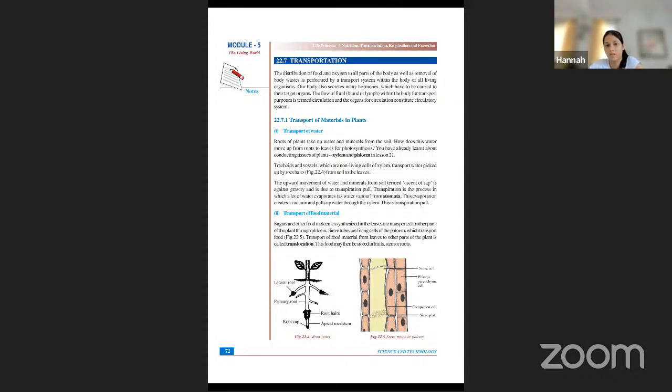Transport of materials in plants, transport of water. Roots of plants take up water and minerals from the soil. How does this water move from roots to leaves for photosynthesis? We have already learned about the connecting tissues of plants, xylem and phloem, in lesson 28. Tracheids and vessels, which are non-living cells of xylem, transport water picked up by roots from soil to the leaves. The upward movement of water and minerals from soil, or ascent of sap, is against gravity and is due to